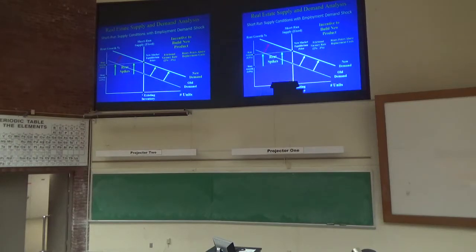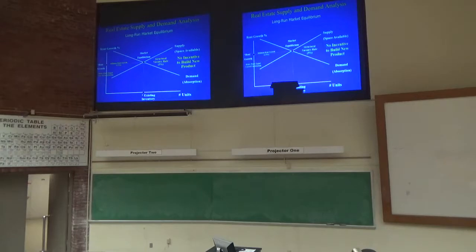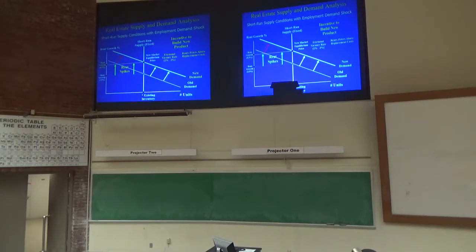Then the supply curve, you see how the supply curve is elastic here? See how it slopes up? But in real estate, that's not the true supply curve. The supply curve in real estate looks like that. It's perfectly inelastic. If all of a sudden we get an employment demand shock and all these tech workers start getting hired in the Bay Area, we can't instantaneously build 20,000 or 50,000 units to meet that demand. So the supply curve is completely inelastic. Real estate is a very unique asset class in that, in the short run, it has a completely inelastic supply curve.